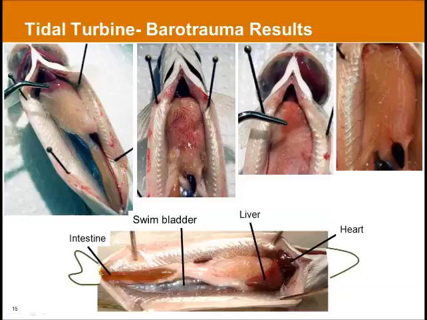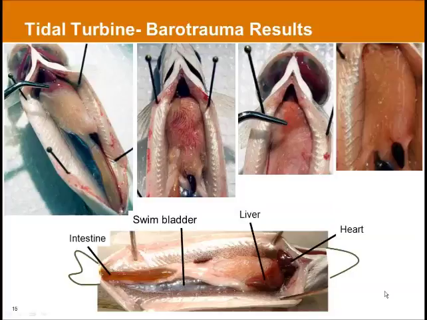Down on the bottom is a control fish, and that's to give you your basics of anatomy. We have heart, liver. Right above the liver is part of the digestive system. This is pyloric ceca. It kind of looks like little fingers. The white stuff below that is fat. Swim bladder covers the whole length, basically from under the heart to the vent on the back side of the fish, and then you can see the lower part of the intestine.